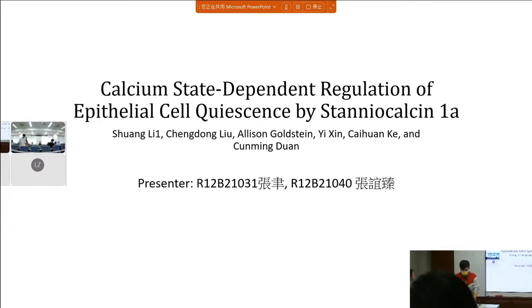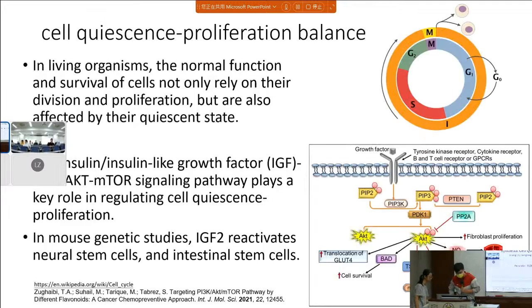Hello, my name is Zhang Yu, and she is Zhang Yizhen. We will propose a concentration state dependence regulation of independent cell concerned by the stanniocalcin 1A, STC1A. In organs, the normal functions and the survival of cells not only rely on the cell